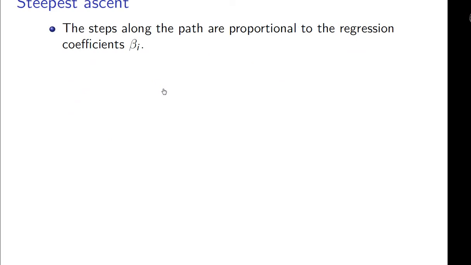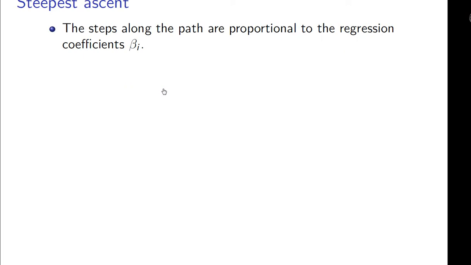Now, I've talked about direction, I've talked about steps, and how do you know which direction to travel in. The direction in which we go and the steps are proportional to the regression coefficients beta sub i. So if we have two factors, x1 and x2, and the coefficient of x1 is very large, the coefficient of x2 is very small, then there's the strongest association with